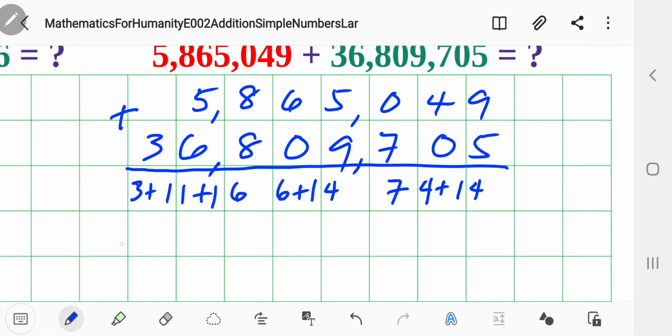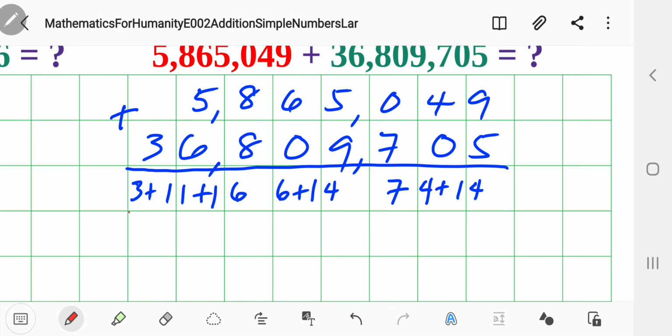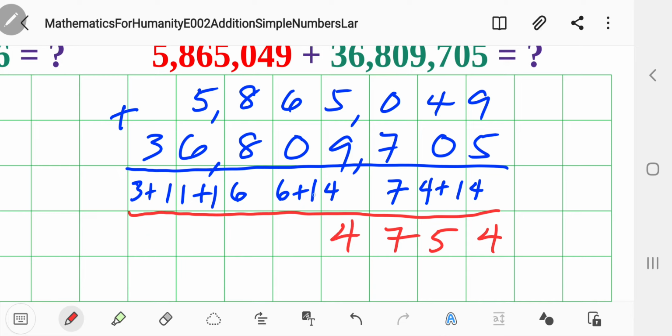So finally, we have, you bring down the 4 here. 4 plus 1 equals 5. Then you bring down the 7. You bring down the 4 here. 6 plus 1 is equal to 7. And then you bring down the 6. 1 plus 1 is 2. And then 3 plus 1 is 4. So finally, you will have